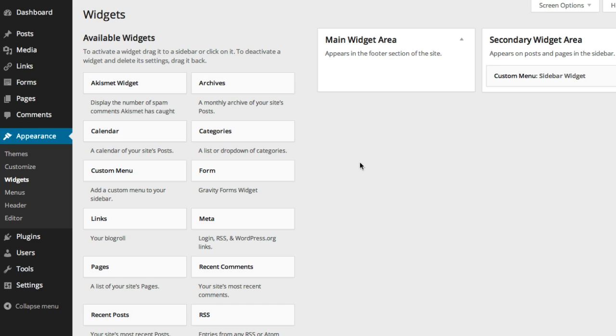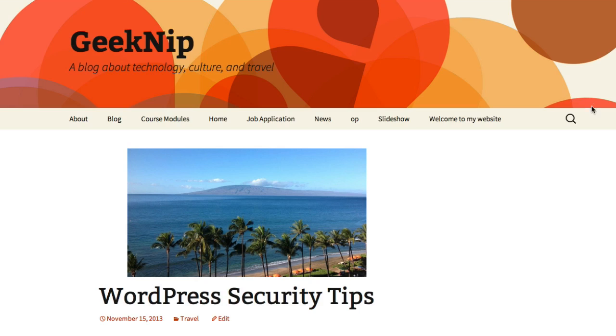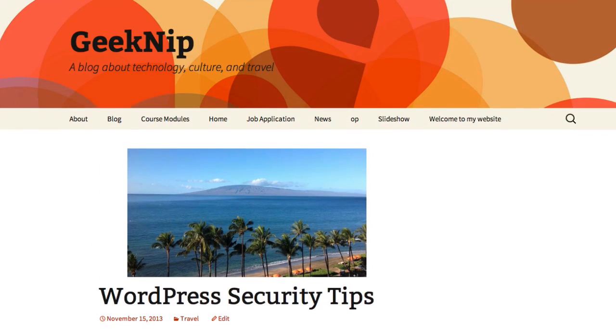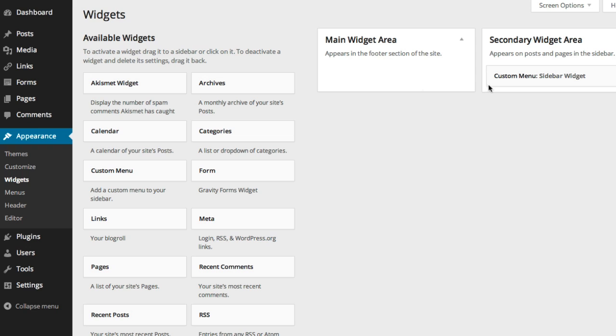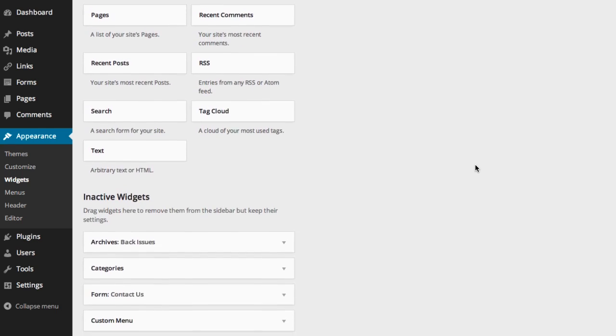The bad news is that you lose your widget positioning when you move to another theme. And so if I reload my website with the new theme, this is an entirely different theme with entirely different widget areas. So I would need to find the widgets that I had positioned and figure out where they need to go on the new website. So that's something to be aware of. Now, when I scroll down,